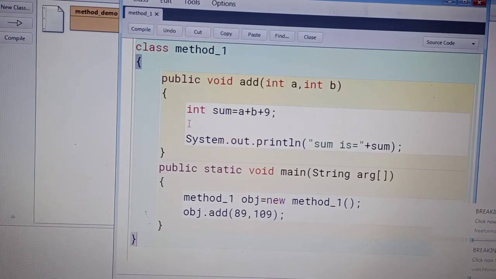I hope all things are clear to you. In this you can see all three steps are present here. The first line is the declaration of the method.